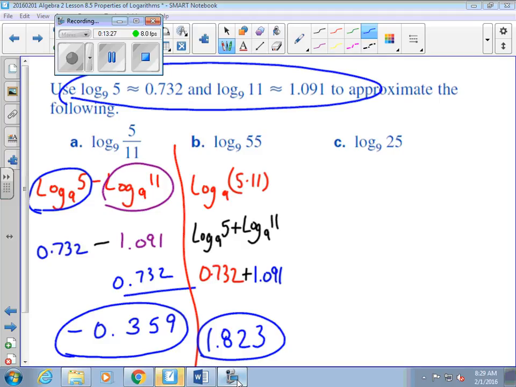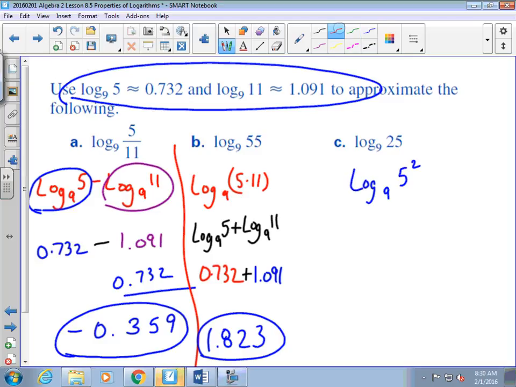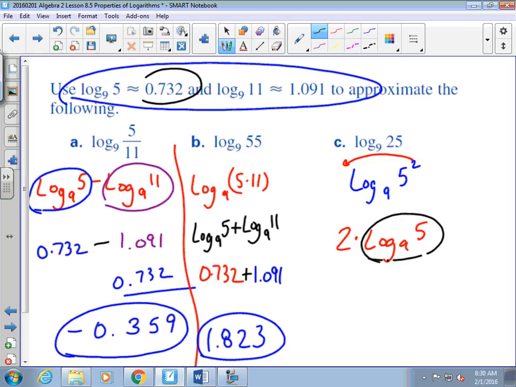You could multiply it times 5, but it's easier to change it into log base 9 of 5 squared. That's the same thing. Again, 25 is 5 squared. And again, when you have an exponent after a logarithm like that, it moves up front. So the 2 goes here, and it becomes 2 times the log base 9 of 5. And again, we know what log base 9 of 5 is. In the directions, it tells us log base 9 of 5 is that. So it's 2 times